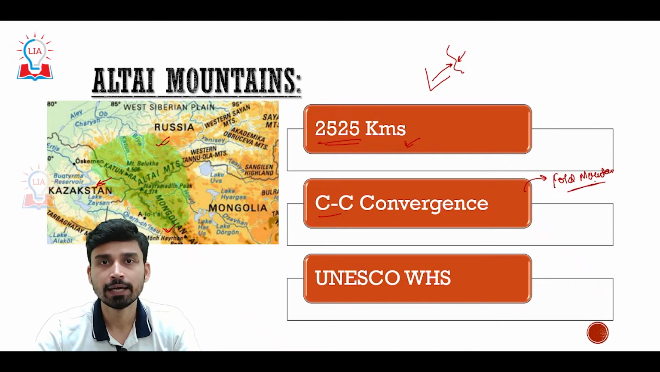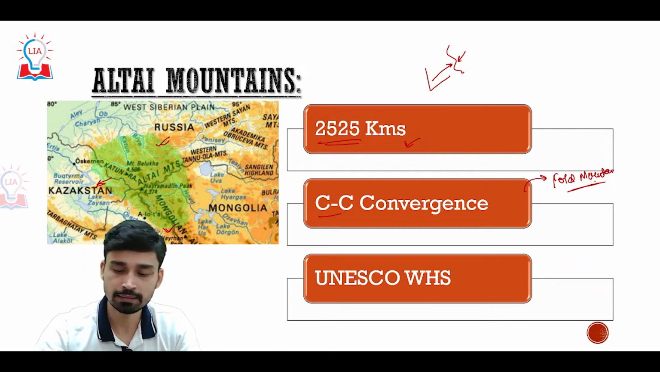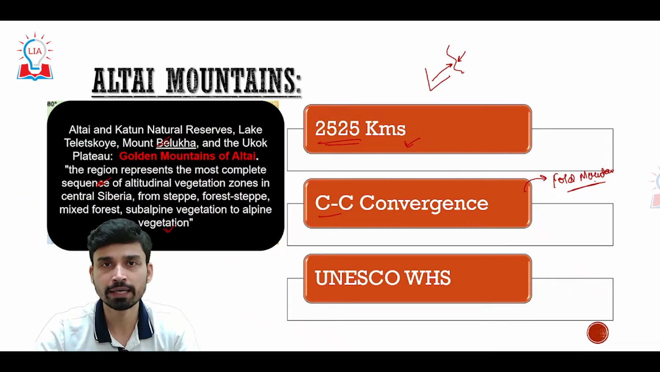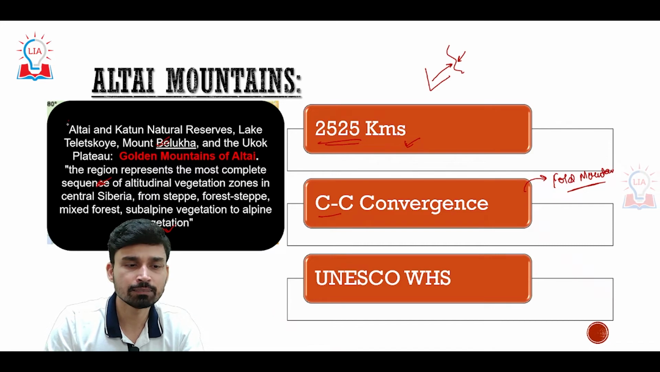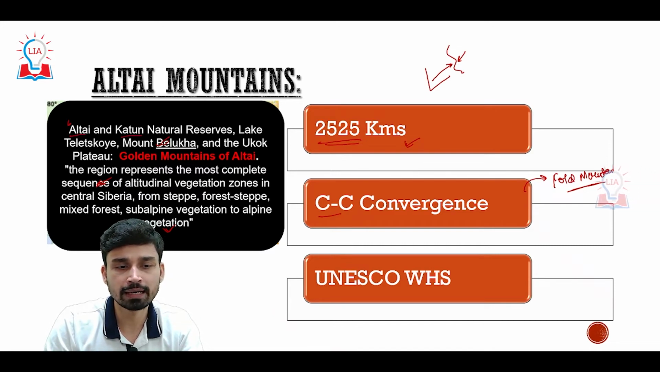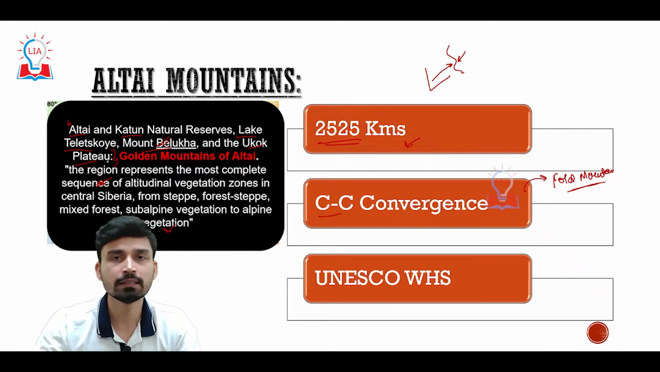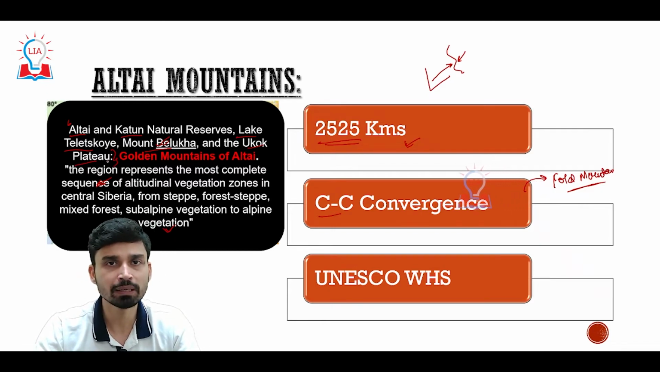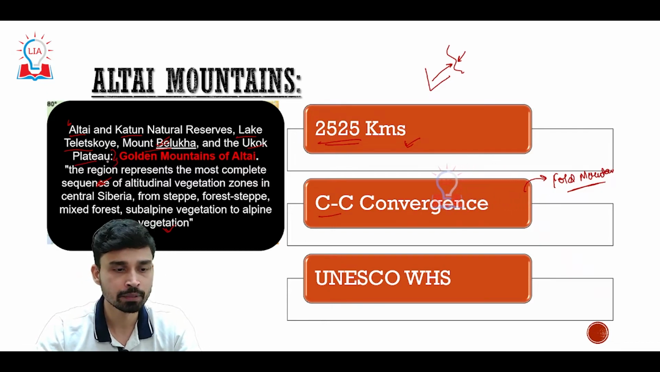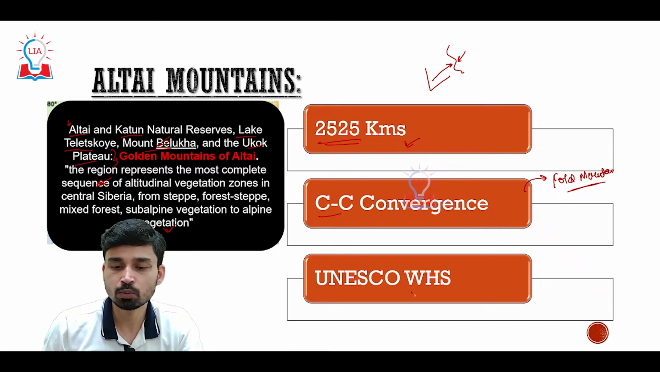Not only this, UNESCO has also classified the Altai range as a World Heritage Site. The Altai region consists of the Altai mountain and the Khartoum Natural Reserve. Apart from that, here we also have lakes like Lake Teletskoy, Mount Beluga and the Yukok Plateau. This whole region combined is known as the Golden Mountains of Altai, and UNESCO declared it a World Heritage Site in the year